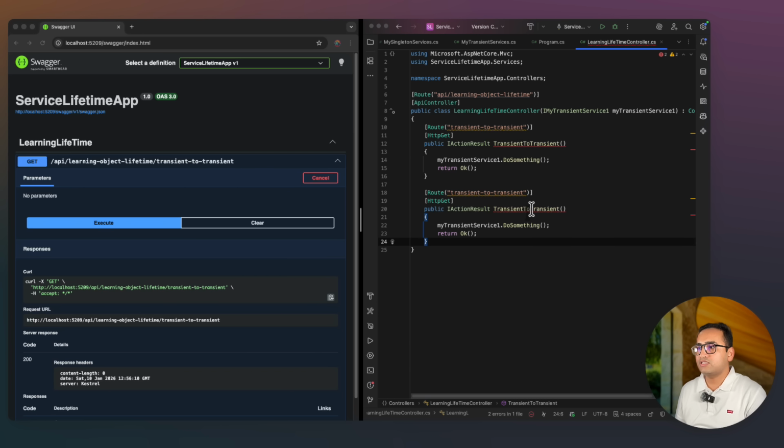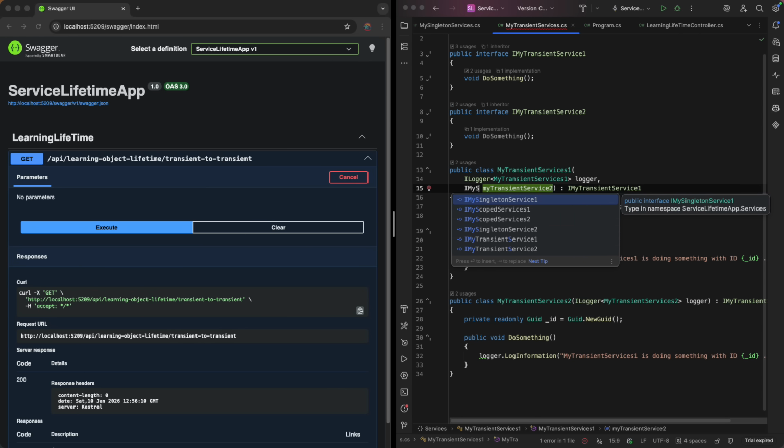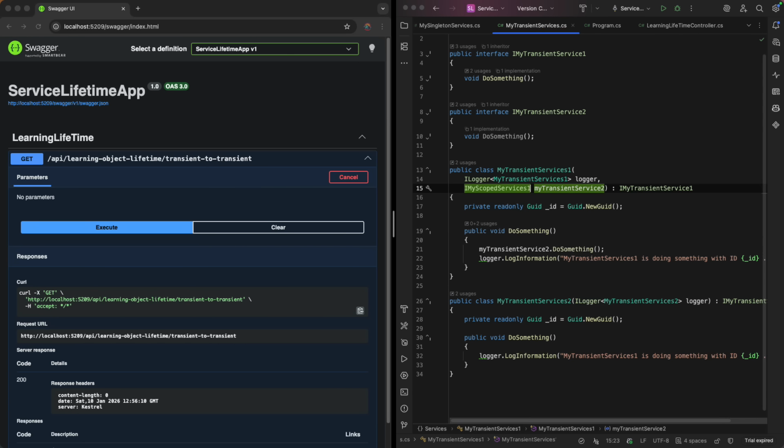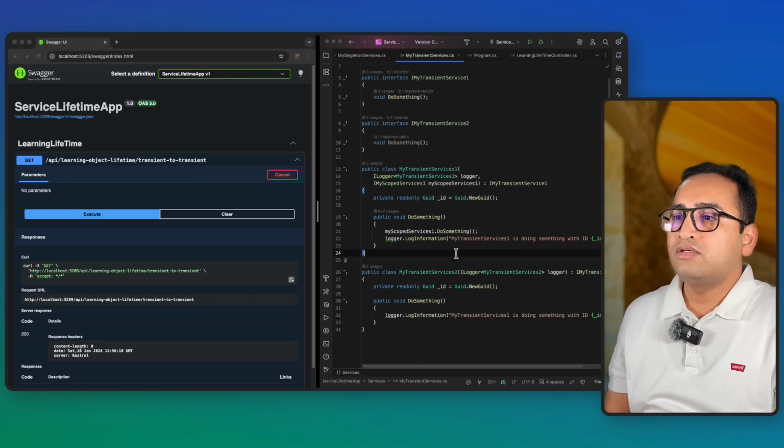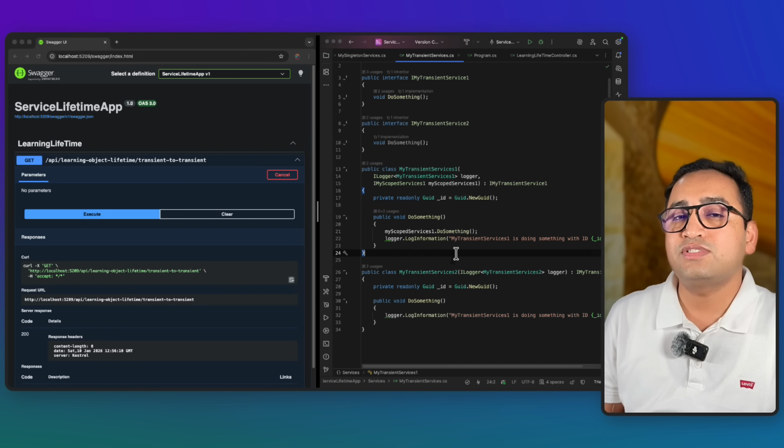Here I'm writing transient to scoped. Now inside this transient service one, I was using earlier this transient service 2. But now I want to call the scoped service inside the transient. So let's do that. Here I'm writing my scoped service 1. You can use any one or two, it doesn't matter. And let's just update this name. So this time, I'm using the scoped service inside the transient service, and I want to see how